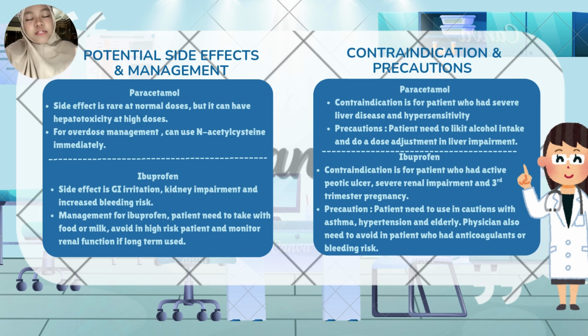Third, paracetamol and ibuprofen have potential side effects and management. For paracetamol, side effects are rare at normal doses, but it can cause hepatotoxicity at high doses. For overdose of paracetamol, the physician can use acetylcysteine immediately. For ibuprofen, the side effects are GI irritation, kidney impairment, and increased bleeding risk. For management of ibuprofen, patients need to take it with food or milk, avoid it in high-risk patients, and monitor renal function